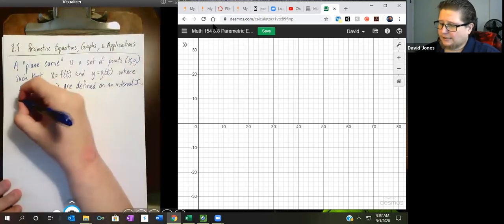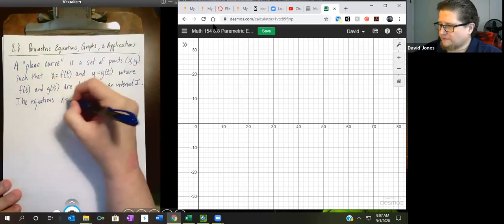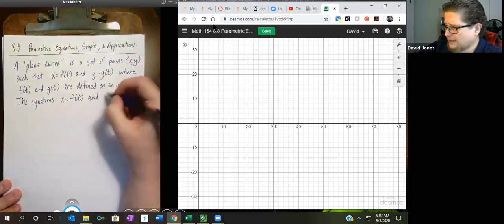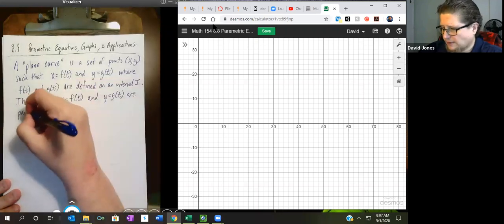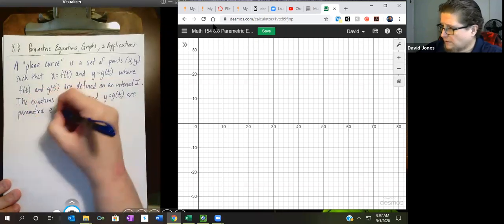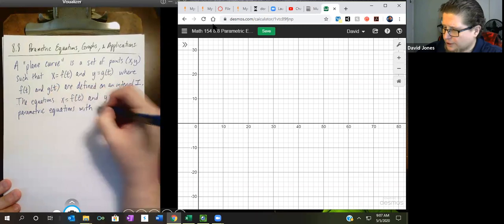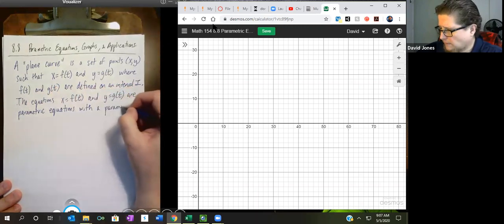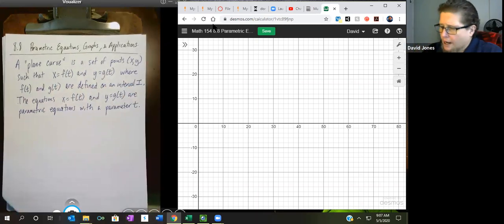The equations x equals f of t and y equals g of t are parametric equations with a parameter t. So that's the mathy definition. Let's put it another way. In normal English,